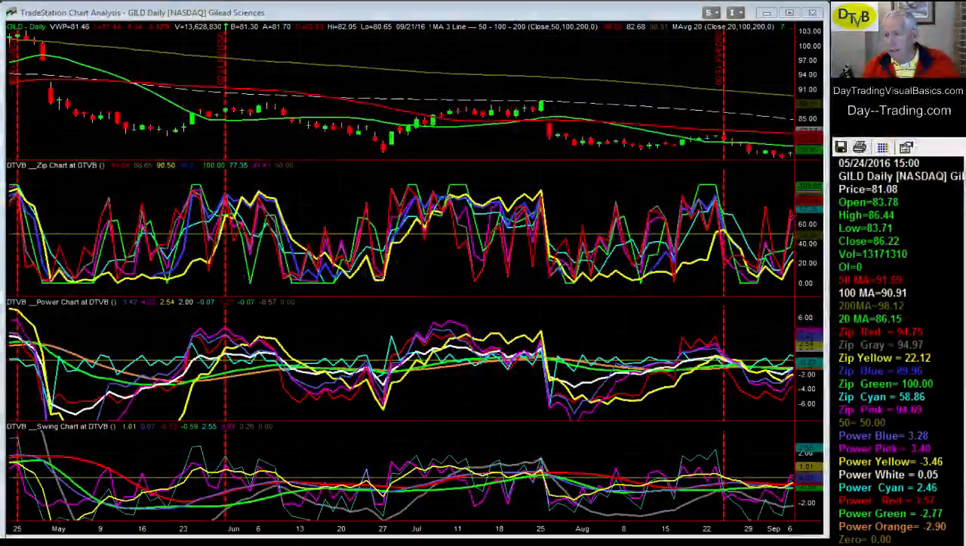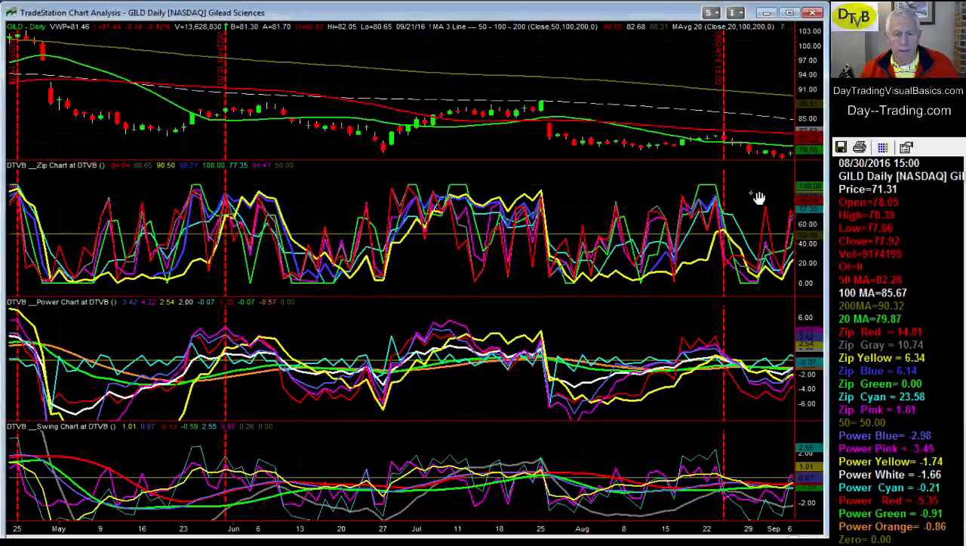The chart that I have is GILD, and it's Gilead Sciences. And I have three examples here in the red vertical lines, and each red vertical line is on, or at least this one is on, the first day of the trade. The first day that zip Cyan is lowest, and I'm assuming that we would be able to pick up the